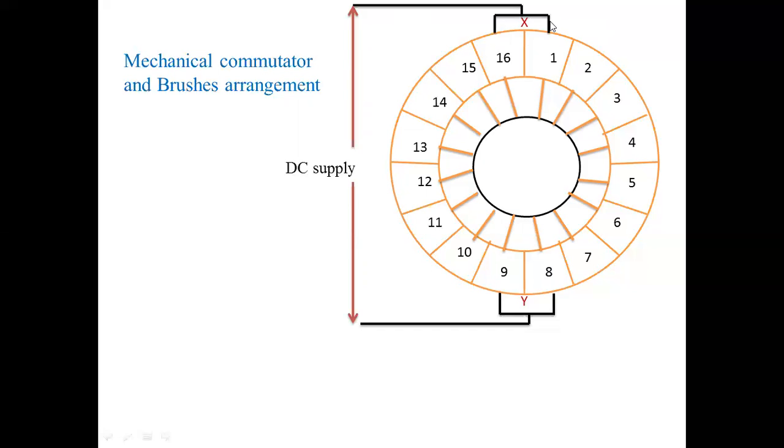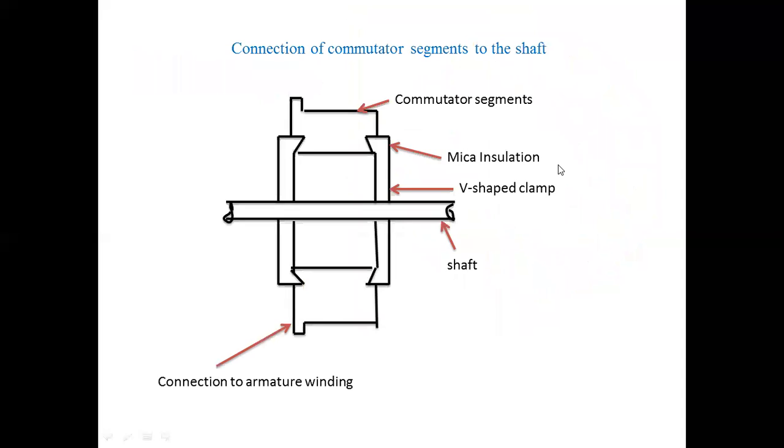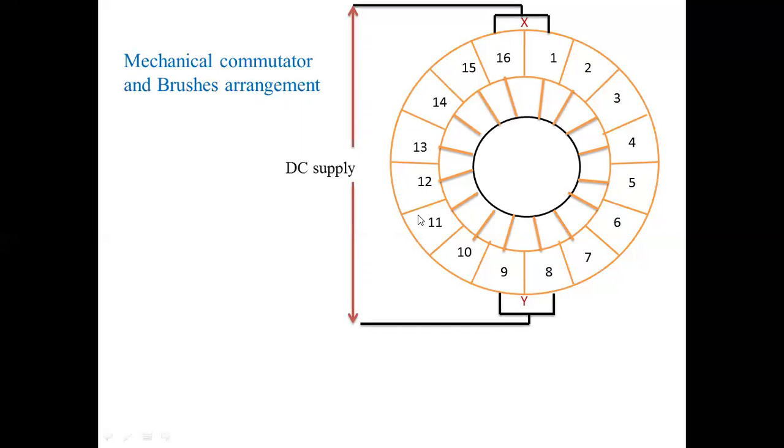These brushes are fixed in nature, and only the commutator is rotating with respect to the shaft. We previously observed that the commutator is placed completely on the shaft. Whenever the shaft is rotating, there is a possibility to rotate the commutator, giving the current towards the commutator segments. The current collected by the commutator segments goes towards the distributed armature winding, so that torque is produced.